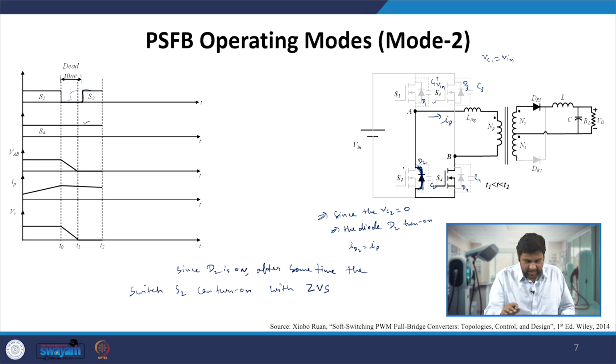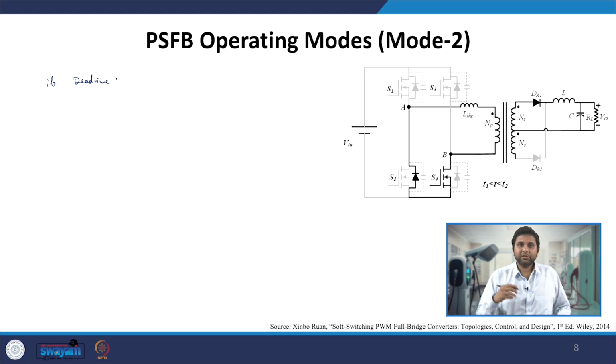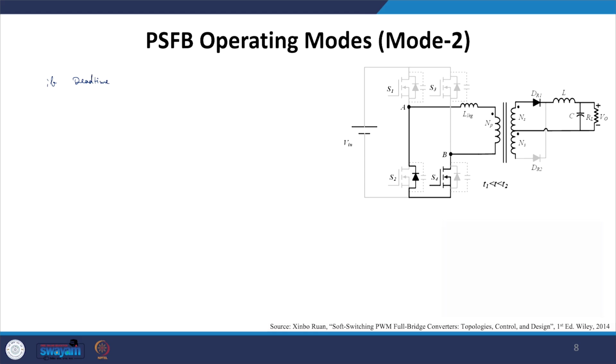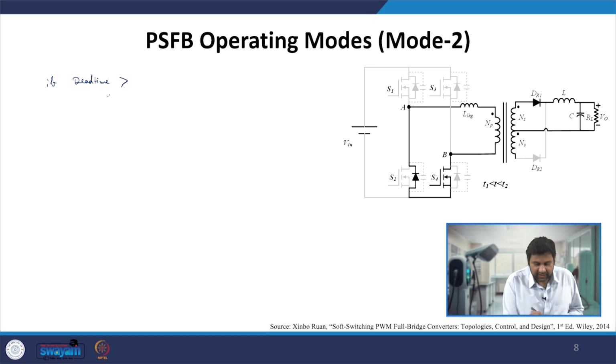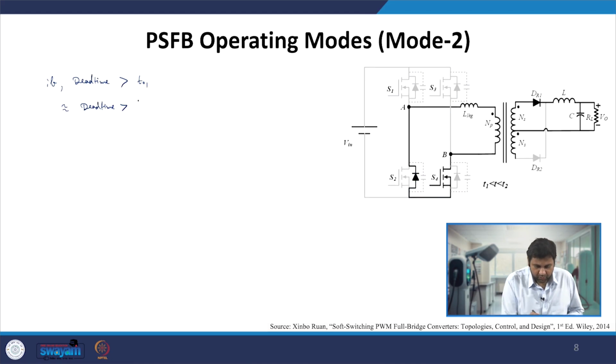So we can say that if the dead time, meaning the time after which the gate pulse of the S2 switch can be given logic 1, is greater than T01, and if we recall, T01 is 2C V in by I1,